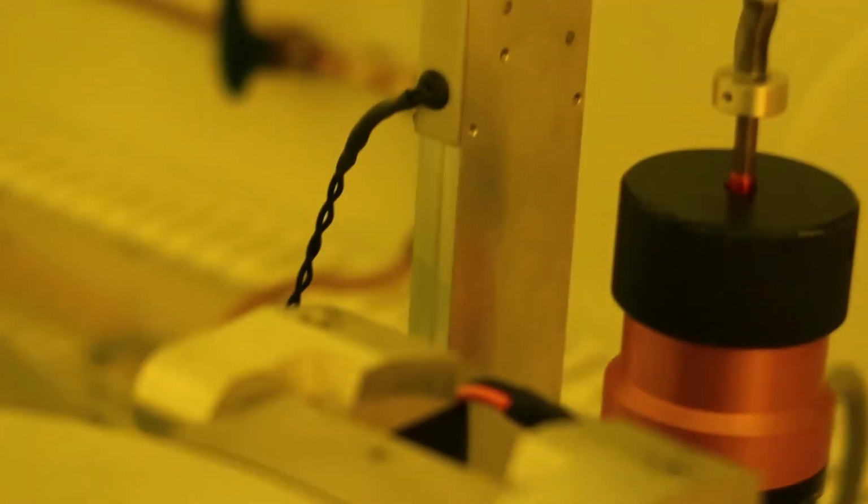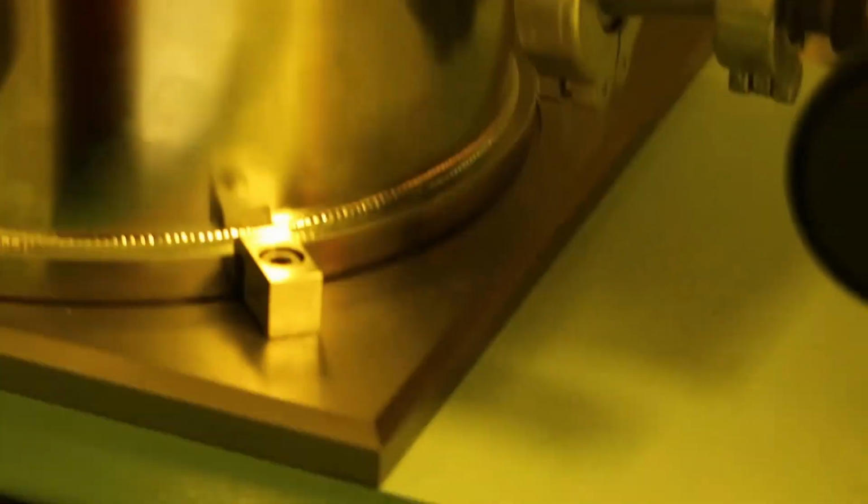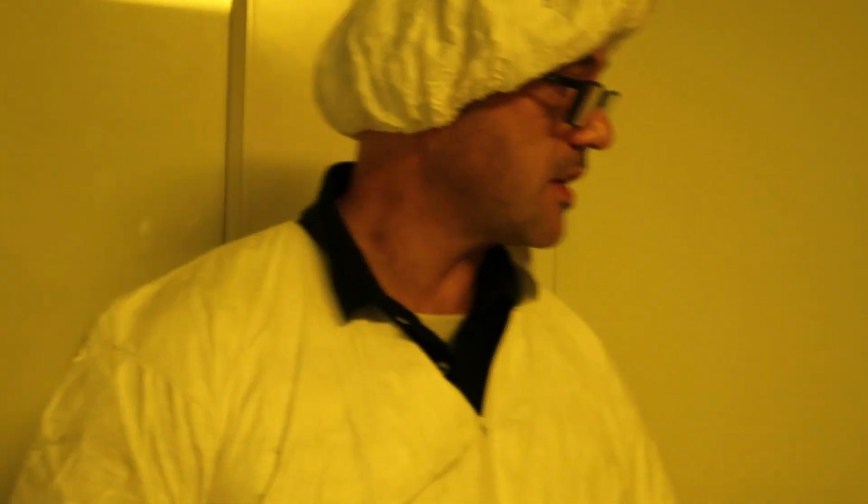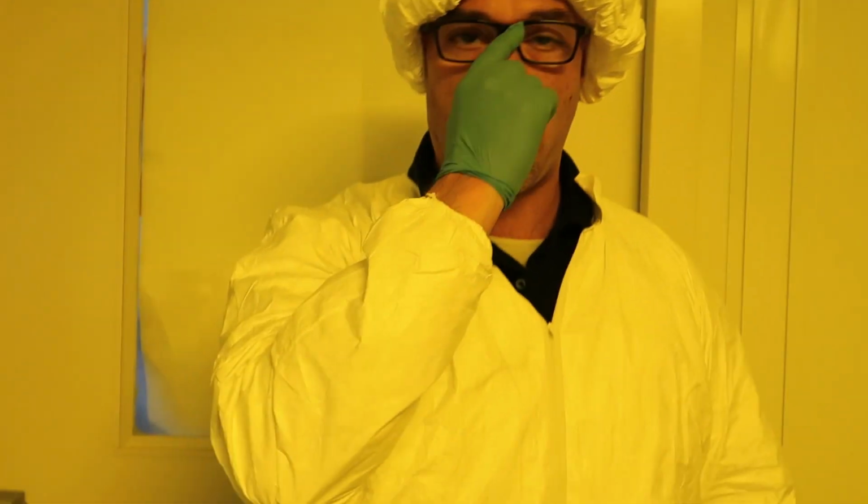So back here, this is the turbo pump. It's a turbomolecular pump, a very high vacuum pump, and then down here we have the roughing pump. It's just the mechanical pump. So the first thing that I want to do is hit this button, which is gas 1. When I hit this button, it sends a signal to slow the turbo pump down